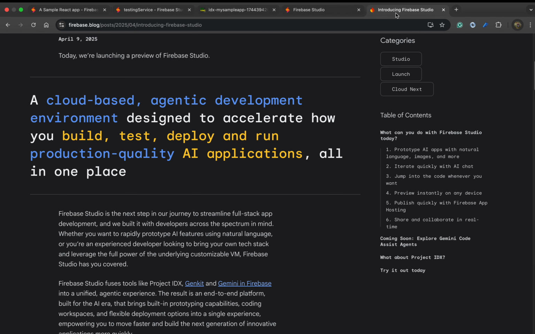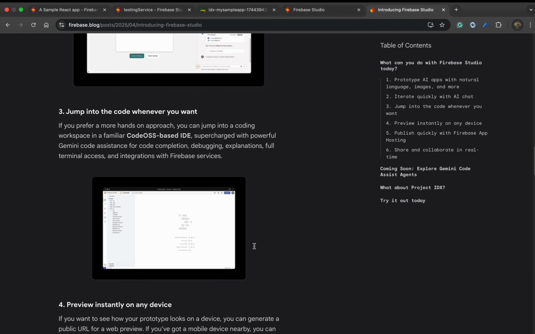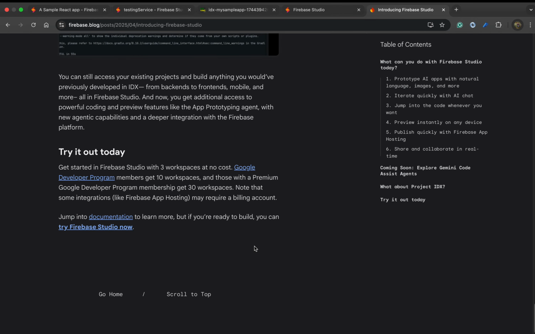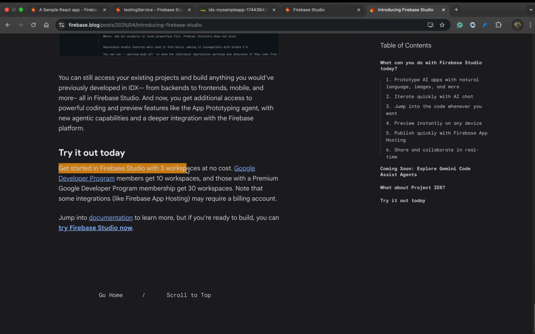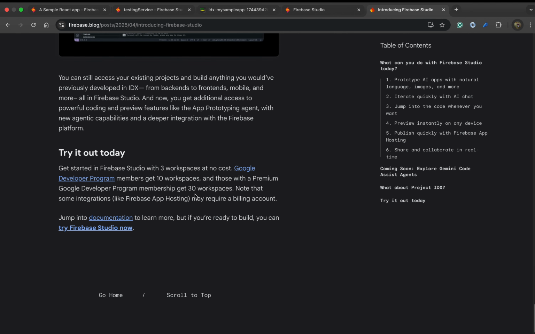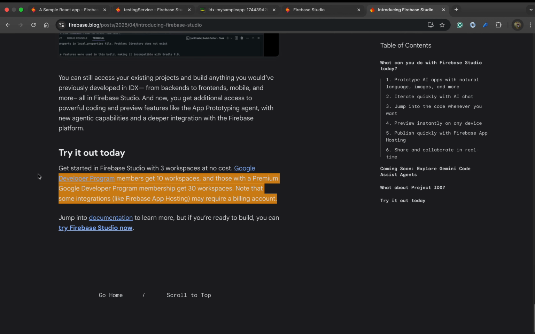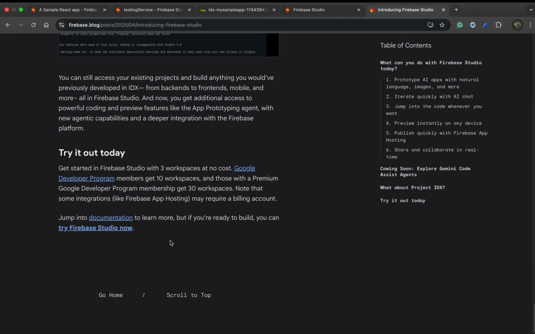Okay, and by the way, it is not free. Okay, it is a cloud-based platform. So if you see, they have mentioned on their official website that only 3 workspaces are free. If you want to generate more, you have to pay for it. Okay,